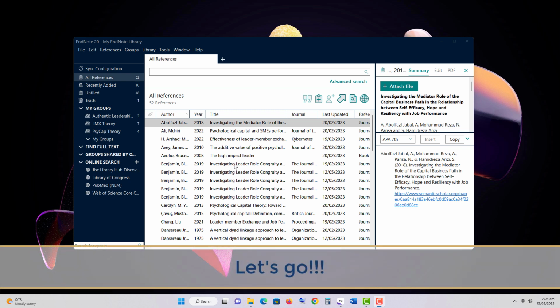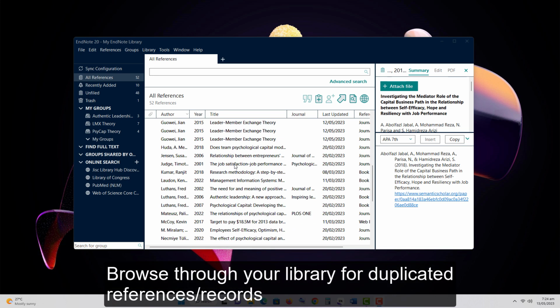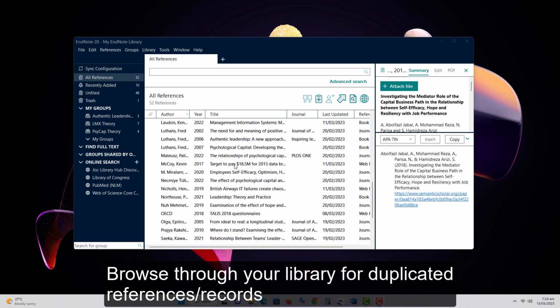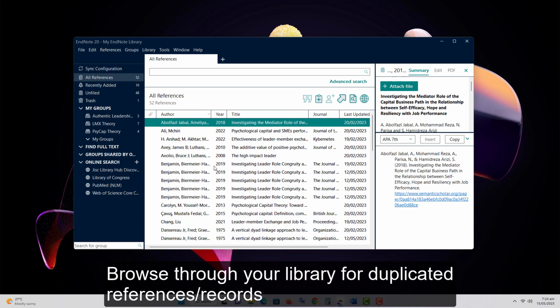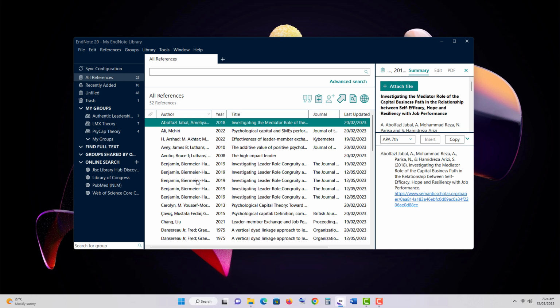So we would notice that sometimes we do import references multiple times. We import the same references multiple times. When we go through our library here, we can see a reference from Benjamin and it's repeated itself several times. Sometimes this is a mistake that we do when we are importing our references. So to do away with this, EndNote has a very easy access point from which you can find and remove